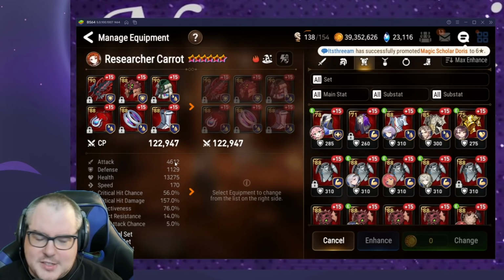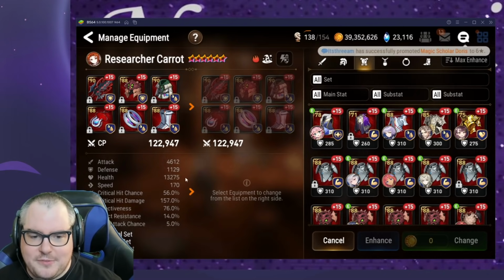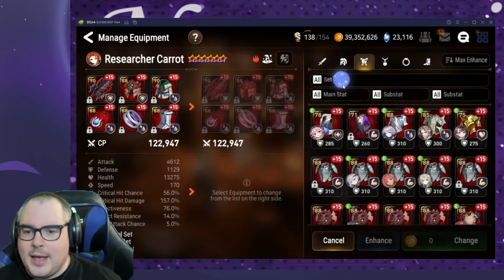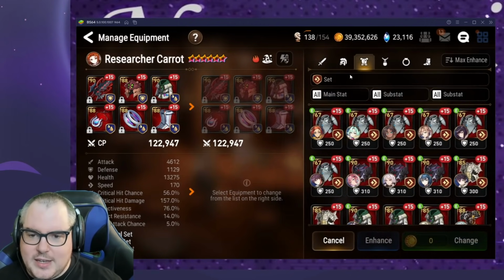And I don't like this build at all. It's got a lot of attack, it has no defense, it has, I guess, enough HP, some speed and some effectiveness. I'm not really happy with that. So let's go with a speed set here, and either